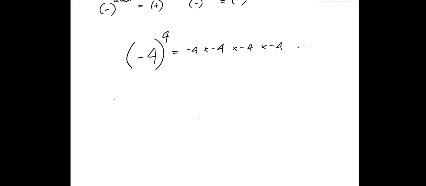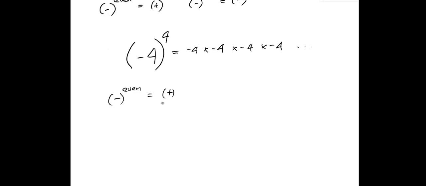A negative number to the power of an even number is going to be a positive number. Four is an even number. So I'm going to make a statement. Negative 4 to the power of 4 is actually going to be equal to just positive 4 to the power of 4,